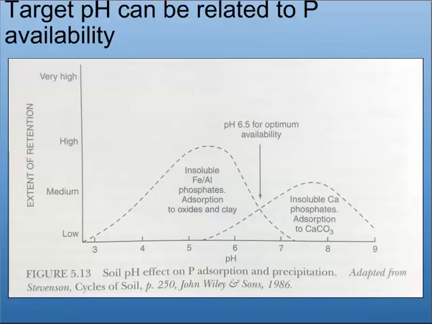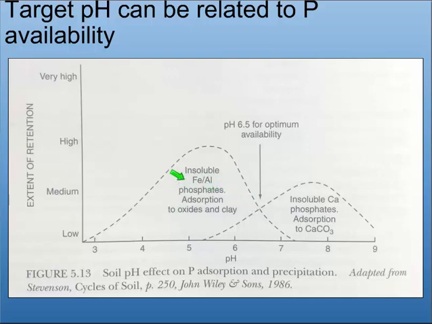Target pH can also be related to phosphorus availability. Sometimes when I give this talk in this region, I forget to put this in because our phosphorus is so high. I don't consider pH to be something that's going to affect phosphorus availability to crops, but other parts of the state are going to see it. A pH of 6.5 is optimum for phosphorus. So if you know that phosphorus is limiting in your soils, if you maintain that pH of 6.5, it's going to be at its optimum availability, because as your pH drops here, it gets tied up more with iron and